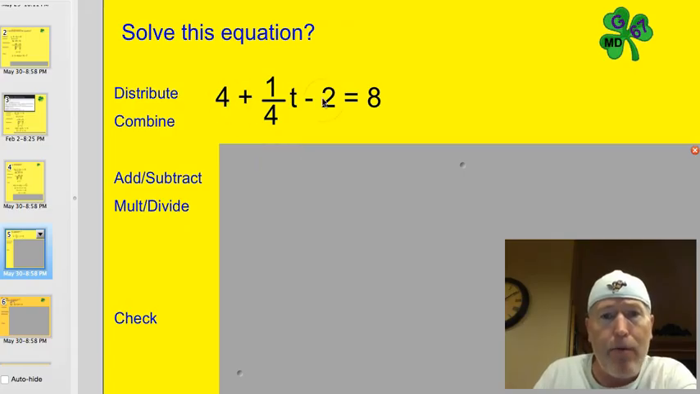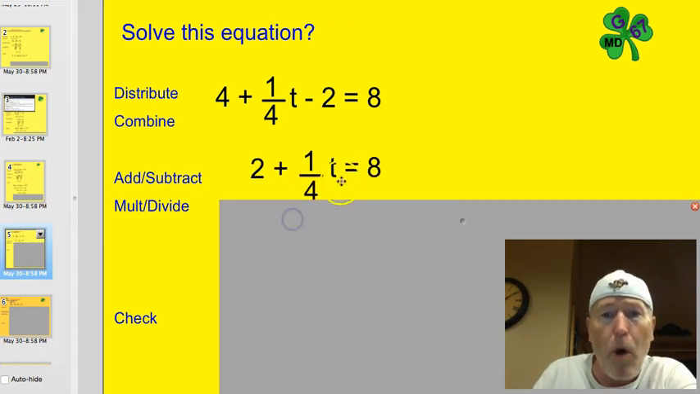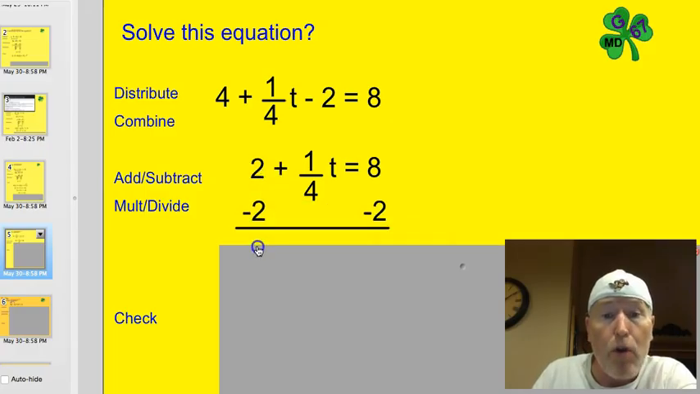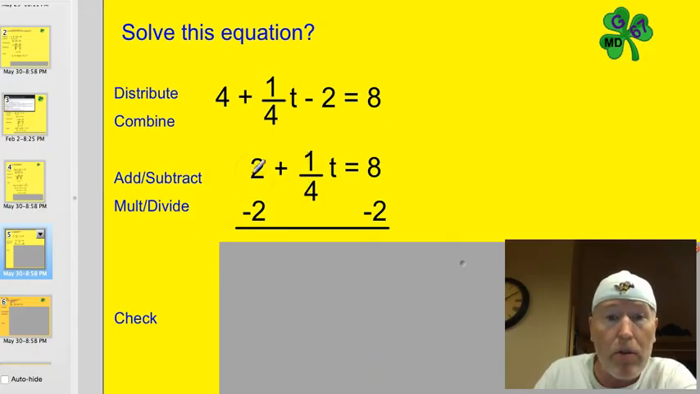Well, I can combine the 4 and the 2. I've got a +4 and a -2. So if I combine those, I've got 2 plus 1/4 t equals 8. Well, still not sure what to do with this, but I can get rid of this 2 here. This is a +2, so I'm going to subtract 2 from both sides. These guys here will cross off. Sorry, I forgot to cross those out. So I can cross these 2's out,